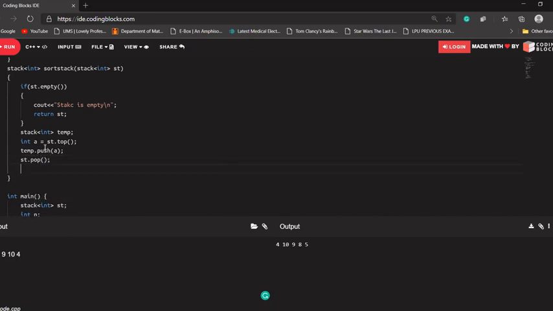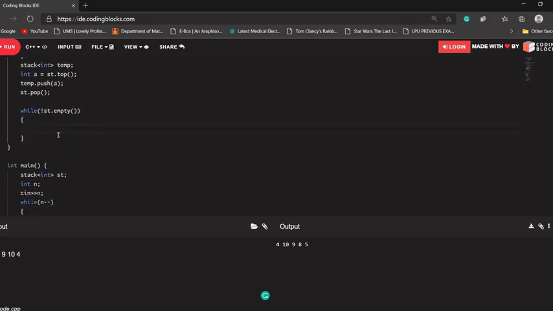Okay, now what I'm saying is, while my st is not empty, keep on repeating these points. Let's say int z equal to st dot top.